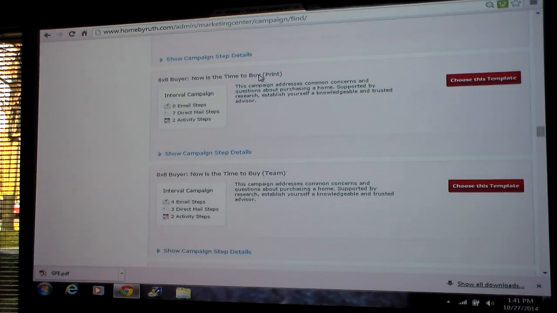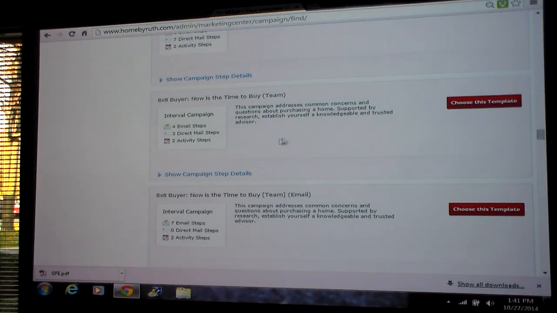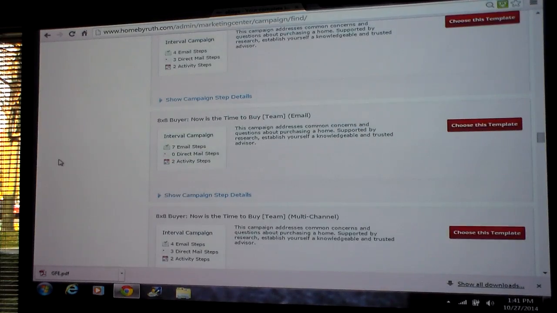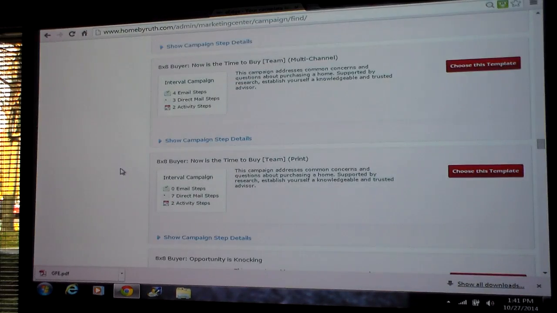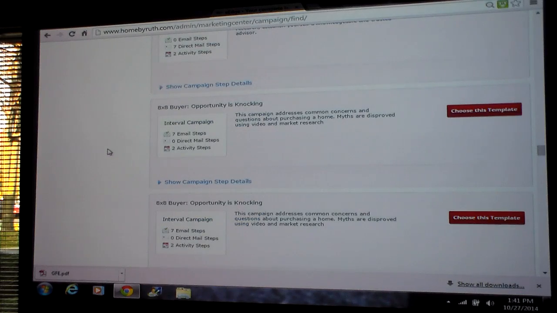And see, here's print, it tells you right next to it. Here's one for teams because it refers to us instead of me, okay? Here's a multi-channel for a team, again. Let's see, isn't there a bunch of them? Here we go, "Opportunity Is Knocking," okay? This here, all we do again,